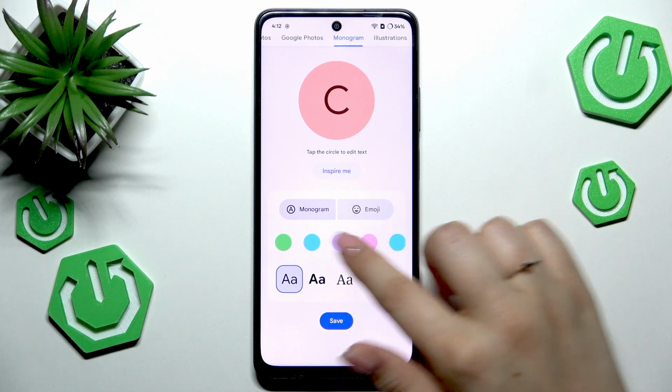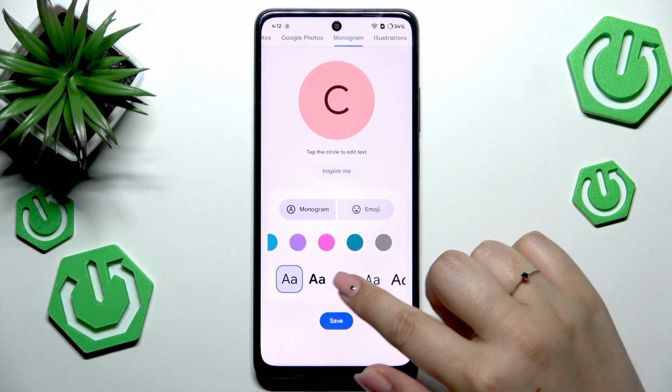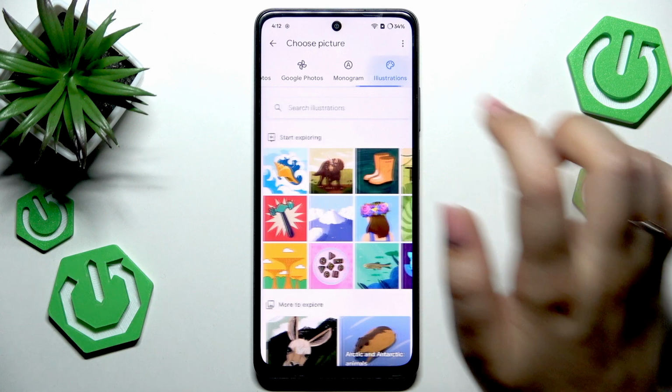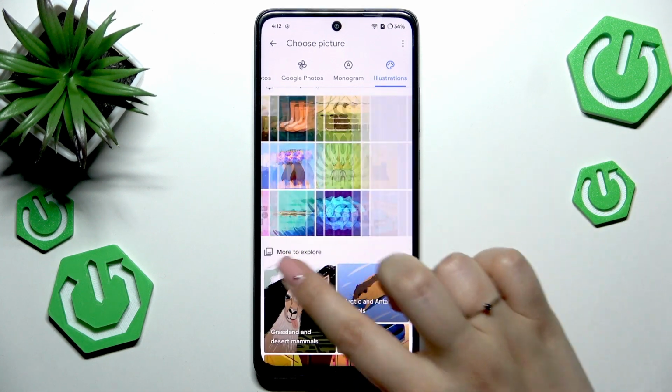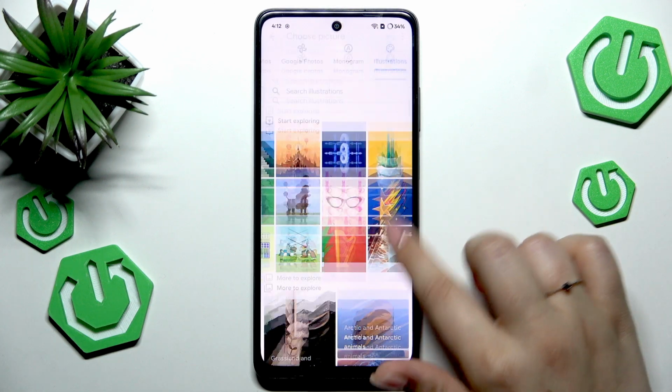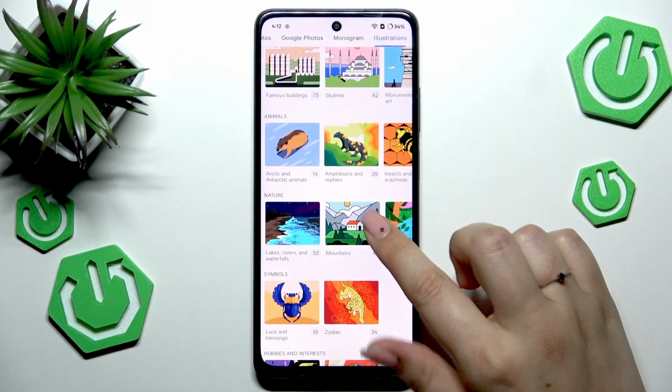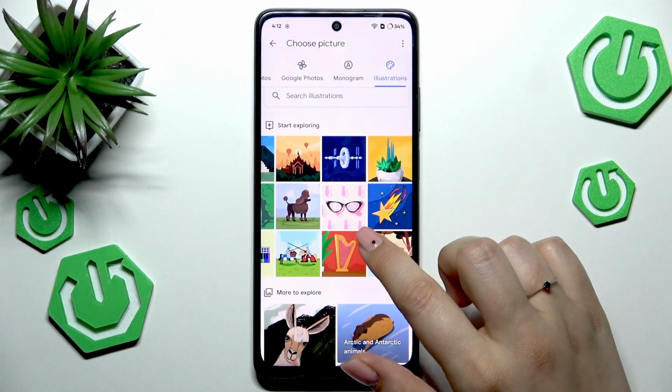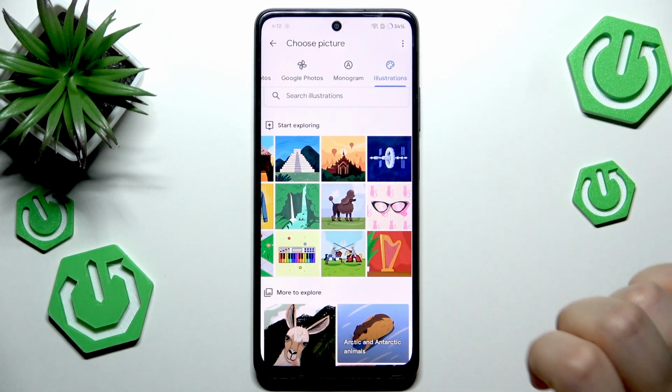You can also change the background colors and the font, or illustrations, which are free of charge and they are available online. So if you do not have a photo of this person, you can try to find something interesting right here. So let me choose maybe this one,